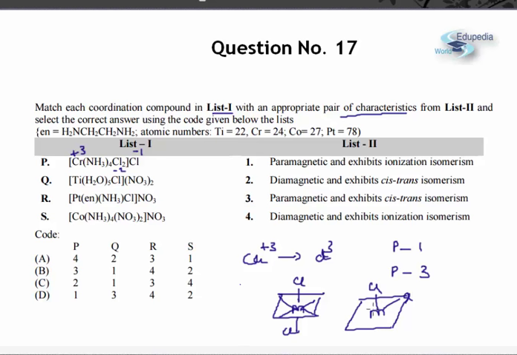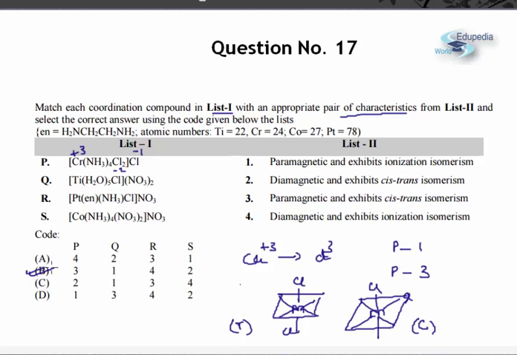The other ammonia groups will be over here. So the two chlorines can be trans, I will write a T over here, or they can be cis with respect to one another, I will write C over here. So clearly my P is going to match with option 3, and that means B could only and only be my answer. Done, that's it. But from the point of view of explanation and learning, we will have a look at other options as well.